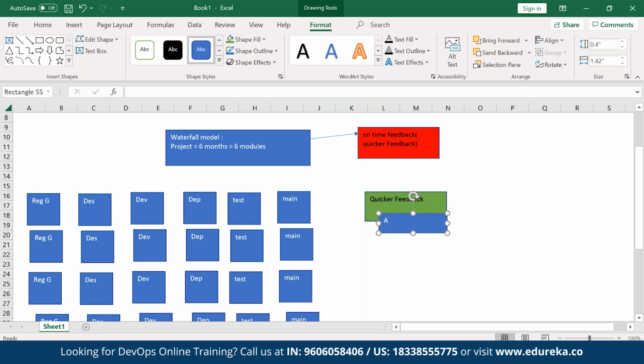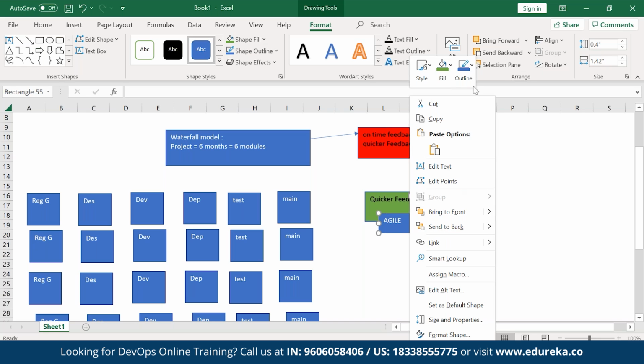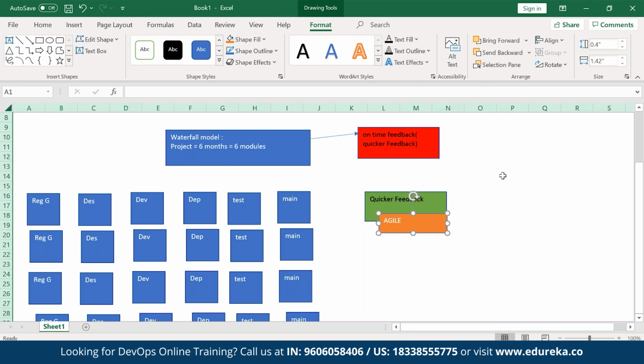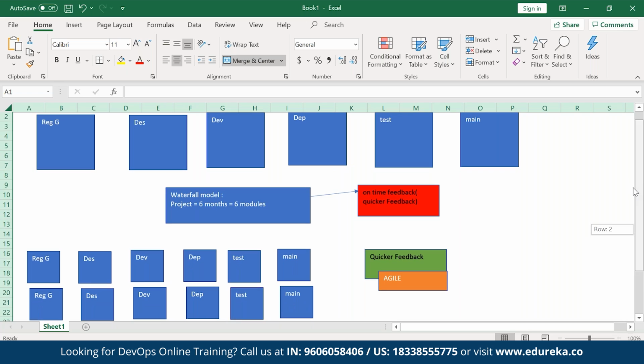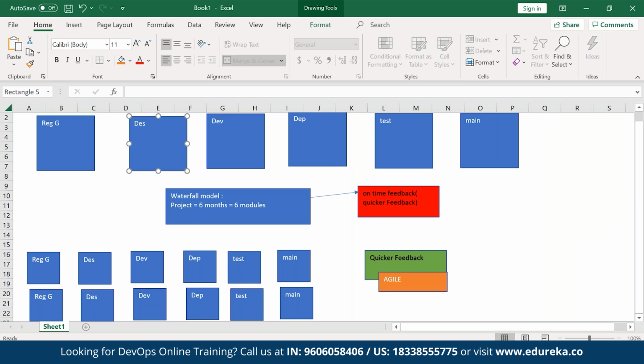I'm getting quicker feedback with the agile methodologies. Okay, now guys, how we can proceed is, agile methodology solves most of our problems. It doesn't mean that it is fixing most of our problems. The biggest problem is that, theoretically, agile methodologies fix our problem, but you see that here, to do the development,